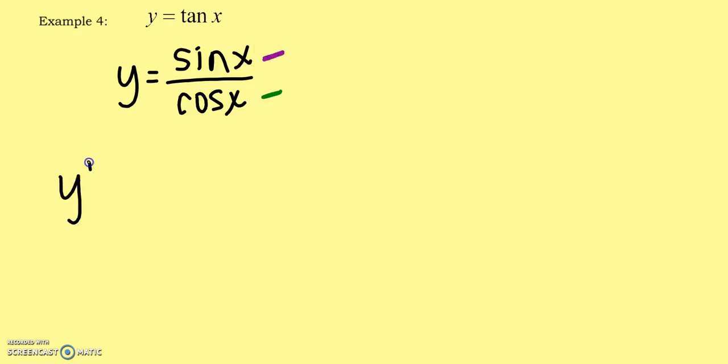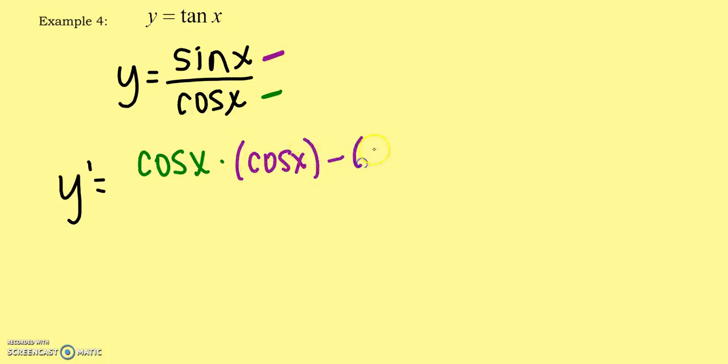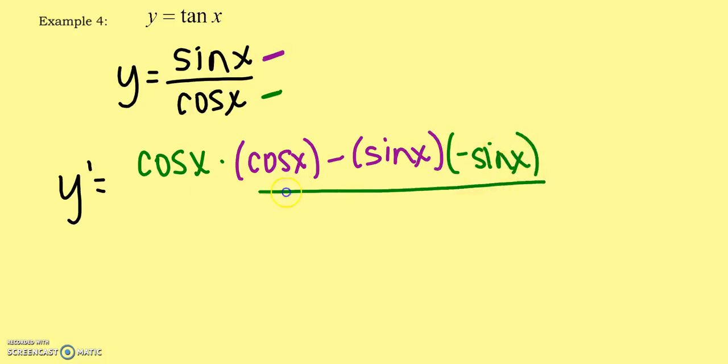So y prime is going to equal low d high minus high d low all over low, or low squared. So I just got done talking about how we don't clean up our answers in AP,